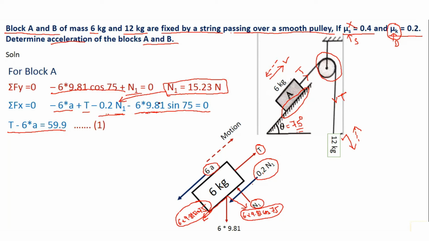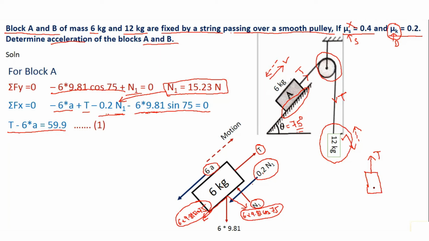Now as we have drawn the free body diagram of A and analyzed and solved it for summation of Fx equal to 0 and Fy equal to 0, now let us consider the other body in the system, that is body B, and start making the free body diagram. For a free body diagram, the first force which we show is the applied force. So we have assumed that there will be tension T in the spring, so there will be an applied force of tension T in the cable.